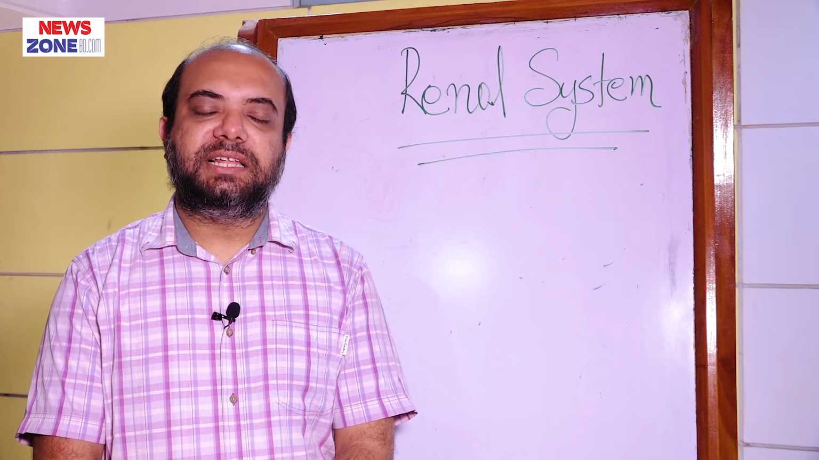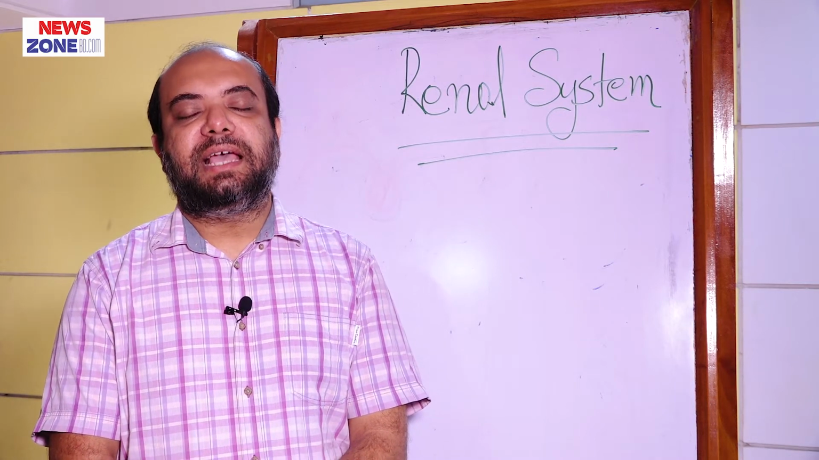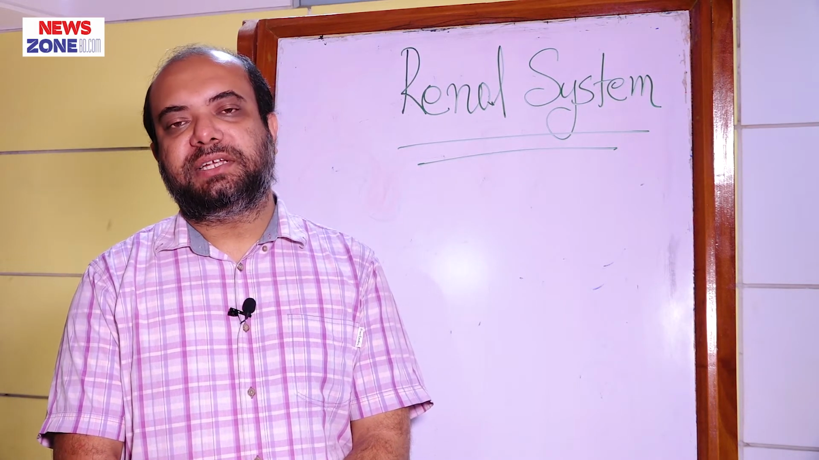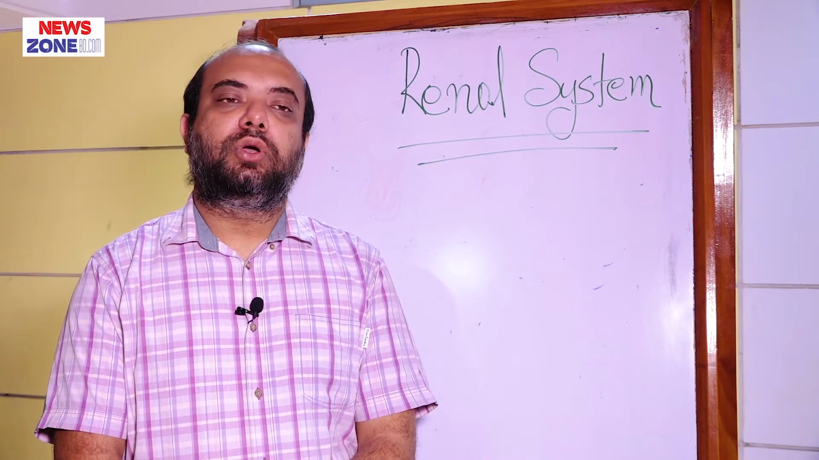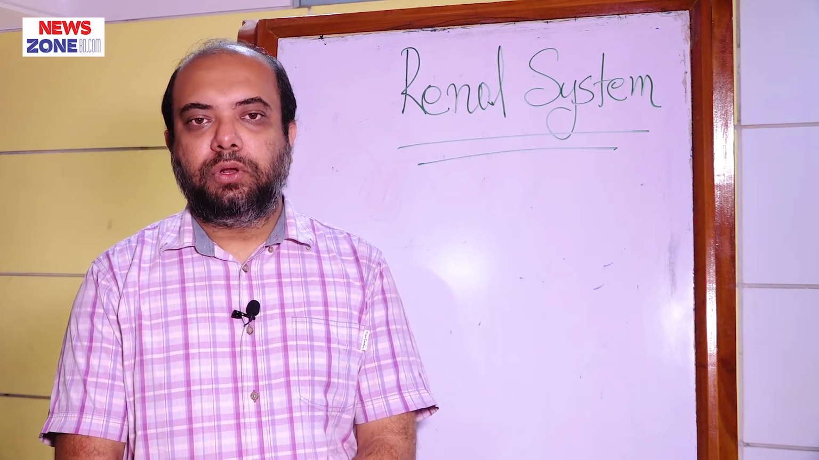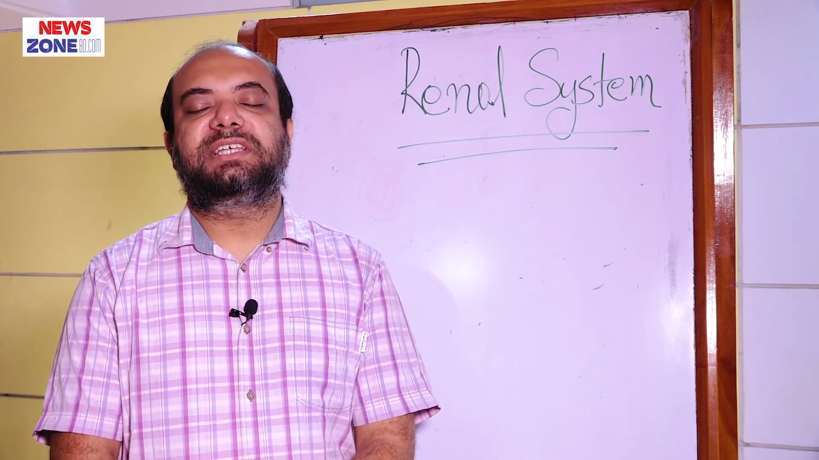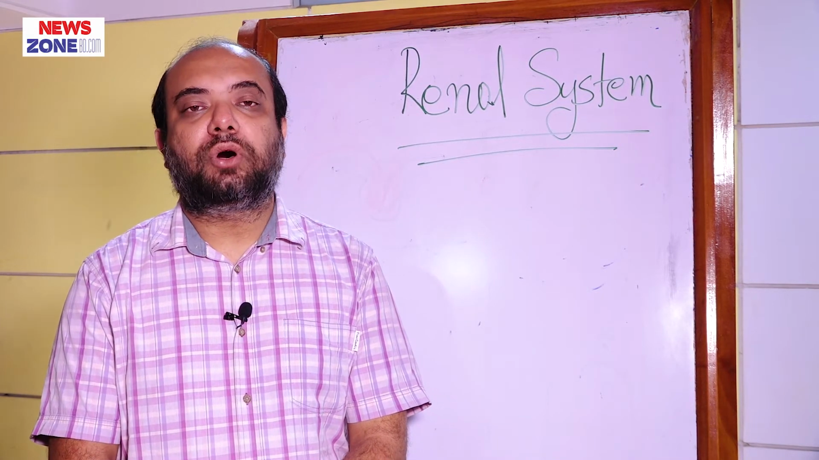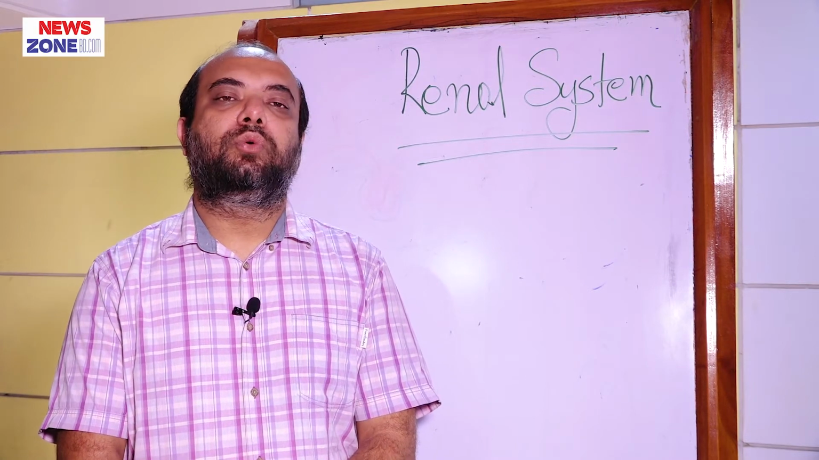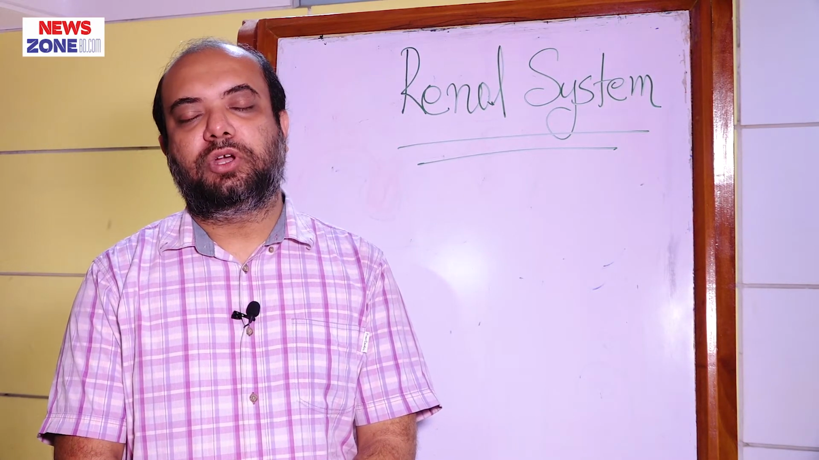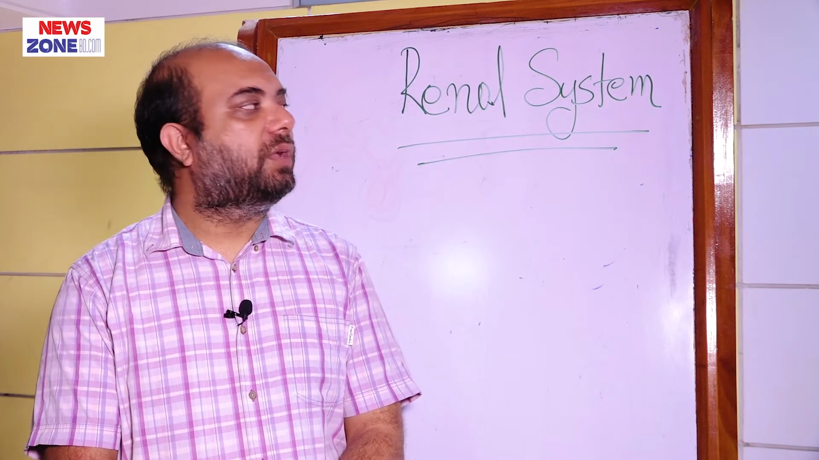Now the third cell is the Lacis cells. Lacis cells are situated in between the afferent and efferent arteriole and the macula densa cells. And what is the importance of these cells? These cells also contain renin, and we already know the function or importance of renin. Now I will